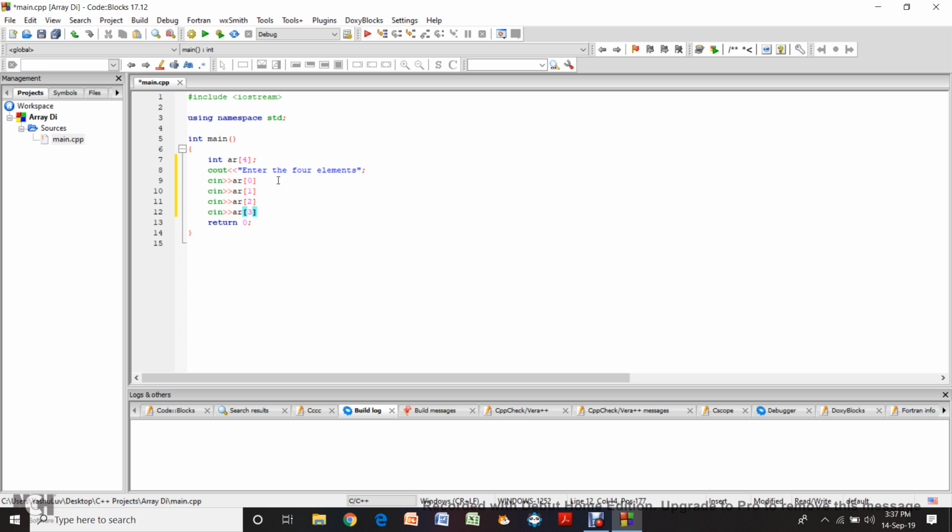I forgot to put the semicolons. Okay, let's put the semicolons. After that we are going to print all these numbers. So cout